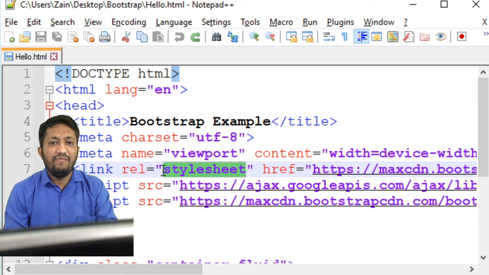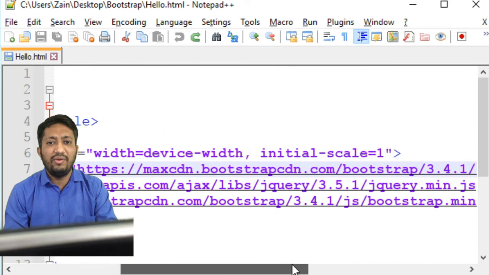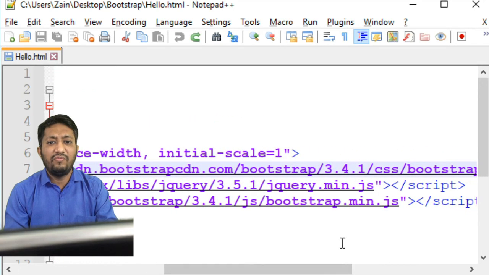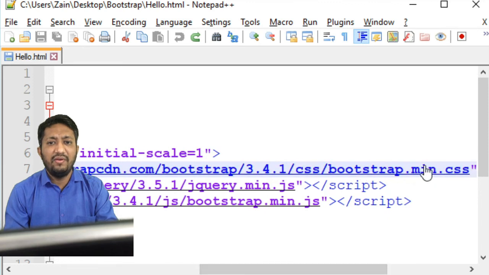Instead of that, if you want to use the basic Bootstrap folder which we downloaded, then we have to write the path. Suppose I write the C drive, then bootstrap 4, in that particular path. So we have to write the path from where this file can be fetched.